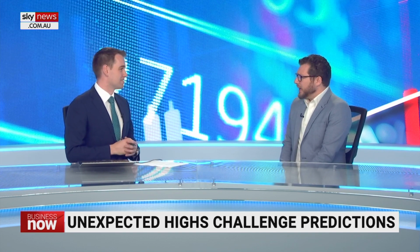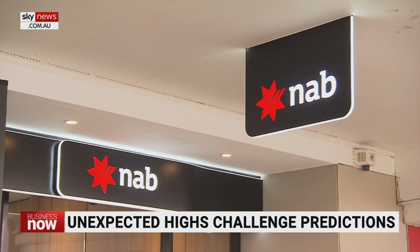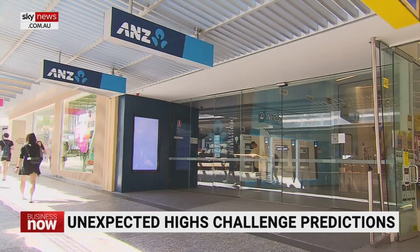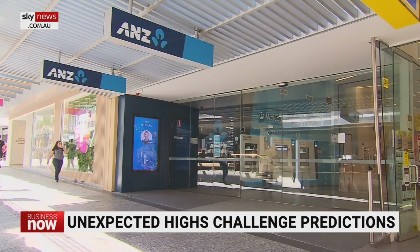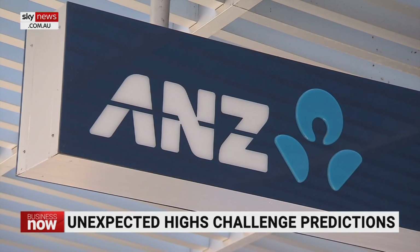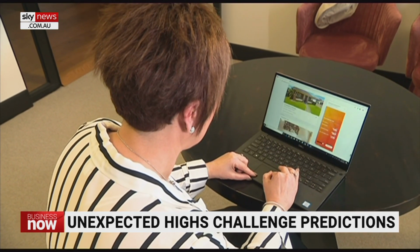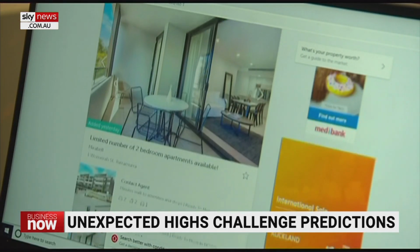What's the explanation for the dramatic turnaround for property? Yeah, a lot of those forecasts were following borrowing capacity, and we're seeing borrowing capacity down now around a third. So people just can't borrow as much, and that tends to have a big impact on home prices. We haven't seen that flow through into prices. We've seen prices are now only down about 2.5% from their peak, despite interest rates being up 400 basis